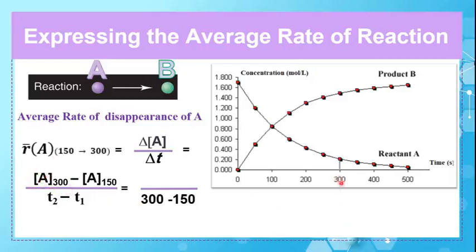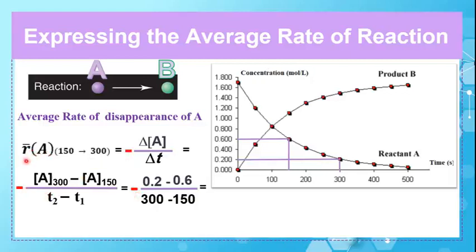So for T equal 300, okay, this is the kinetic curve of A. The concentration of A is equal to 0.2 mol per liter, minus, for T equal 150, the concentration of A is equal to 0.6. Pay attention here that 0.2 minus 0.6 will give us minus 0.4, so the value here is negative. We have to put here a negative sign, a minus, and also here to get a positive value for the